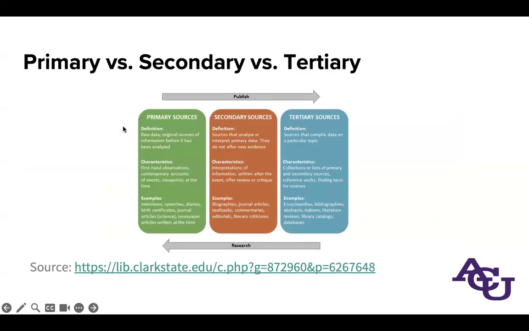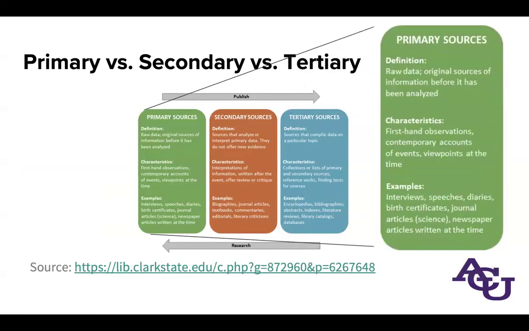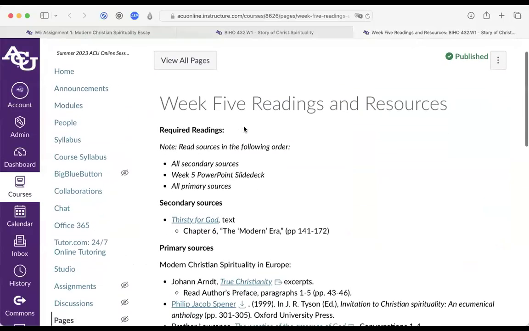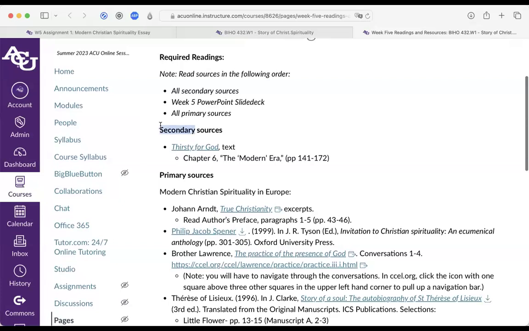Now, we could also break it down with this graphic. And so we have here our way of looking at it through more of a scientific vocabulary lens. And we see, okay, raw data or original sources of information before it has been analyzed. So we can also take a look at the course readings. Now, for this specific assignment, we have in the module a breakdown of, secondary source, the text Thirsty for God,